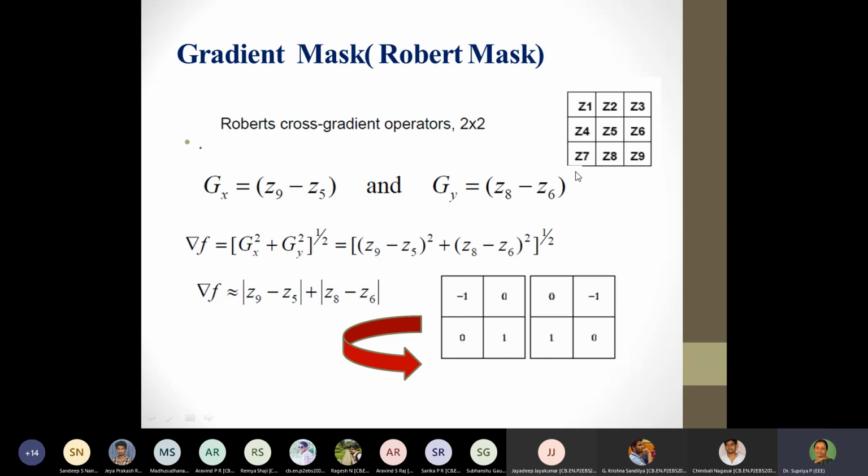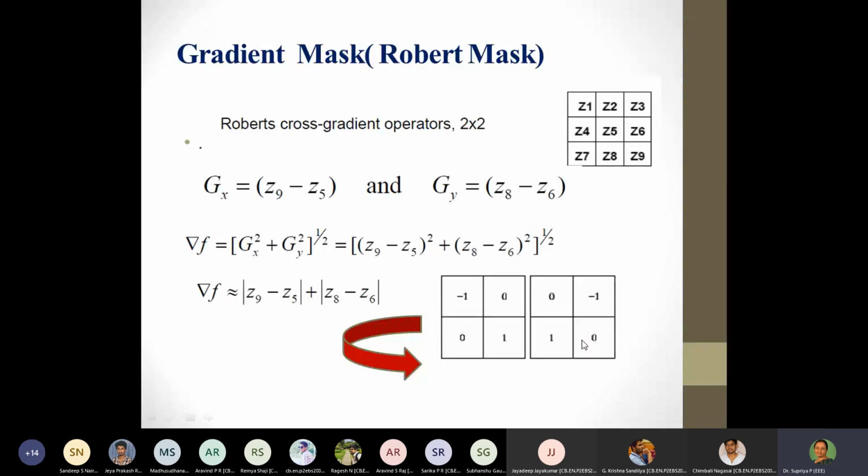So the actual value, as has been just mentioned, is actually the square root and the square combined, which is put like this for easy computation. So when we put the coefficients on a representation basis, it is observed that we get it as, for Z9 it is 1, Z5 it is minus 1, these two it is 0, that is Gx. So Gx is minus 1 for Z5, Z9 it is 1, Z6 and Z8 it is 0. Gy would be, for Z8 it is 1, Z6 it is minus 1, so this is 1, this is minus 1, so this is what we get for Gy.